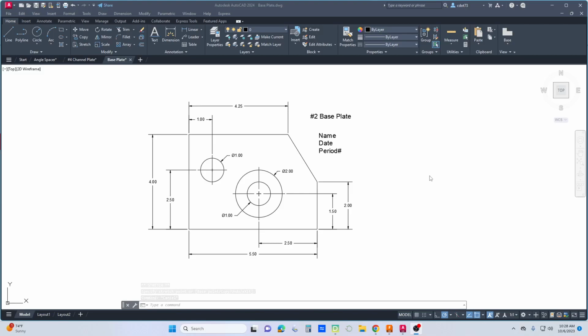Recording. All right, architects, this is number 2 for fundamentals of AutoCAD, base plate. You need to start a new drawing. This is in inches, nothing too hard about this, just a bunch of offsetting. So let's go to start,